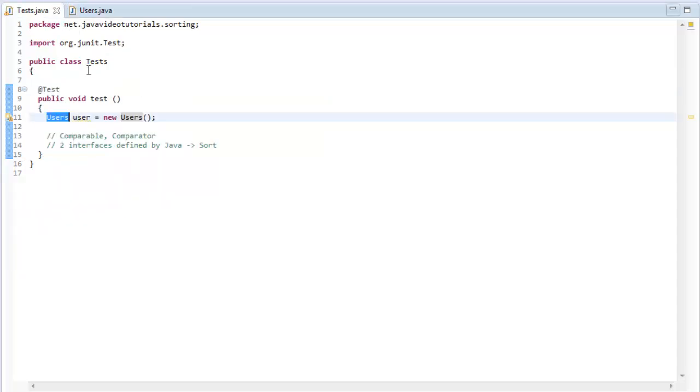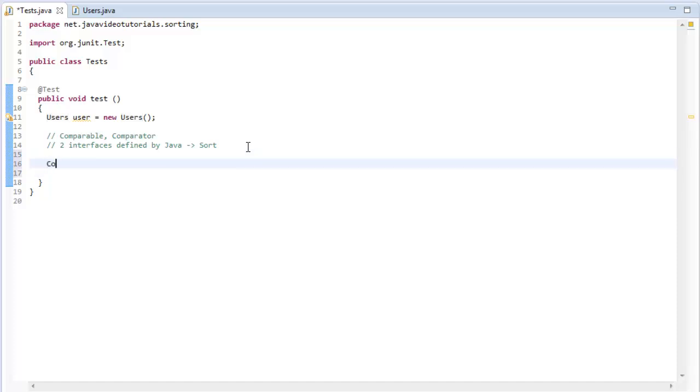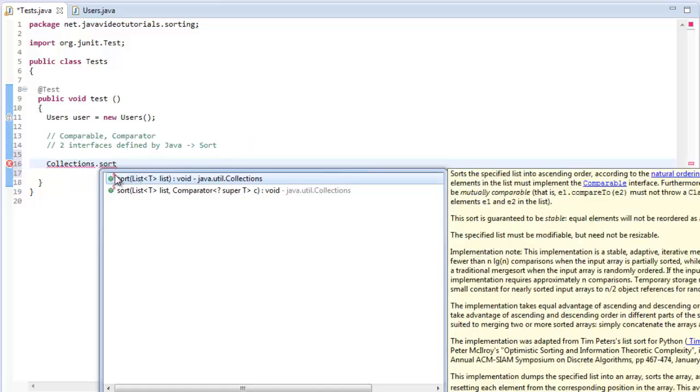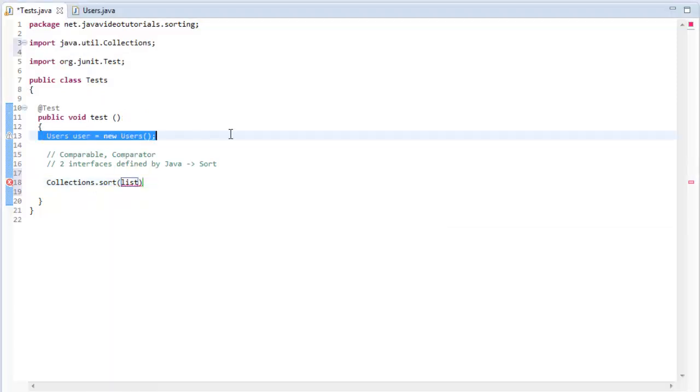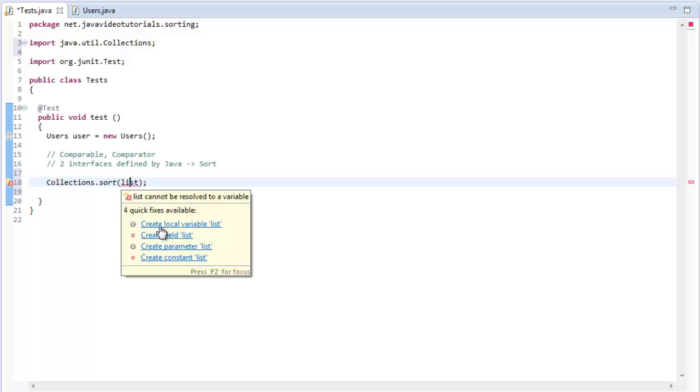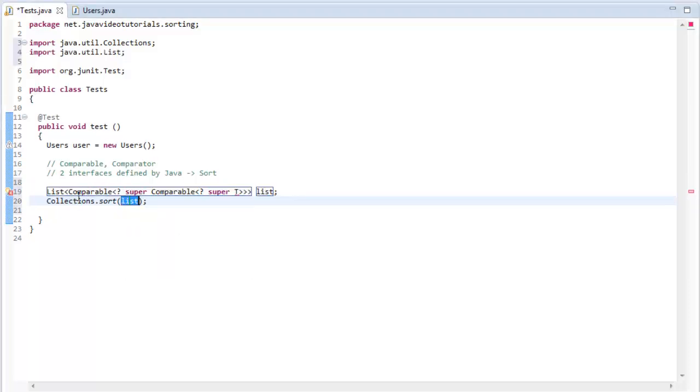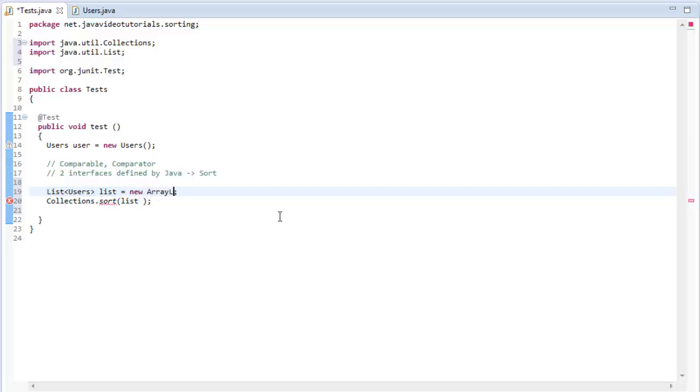Now, if I were to go ahead and try to sort this user's object, you can actually use something called the collections.sort. Okay. Now, collections.sort is a static method that takes a list. Okay. So right now, I just have a user's object, which is obviously not a list. I need to actually create a list. So I'm going to create such a thing, and the list that I'm going to create is going to be a list of users. Okay, so I'm going to go ahead and instantiate a new array list of users, like so,